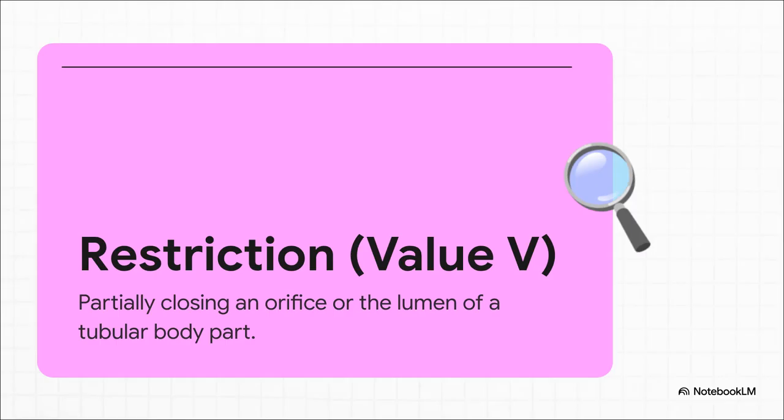Let's zoom in on restriction first, which gets assigned the character value V in the medical and surgical section. You can think of restriction as merely narrowing the diameter of a tube. The physician isn't stopping the flow entirely, they're just restricting it. And keep in mind, this narrowing can happen intraluminally, meaning from the inside of the tube, or extraluminally, from the